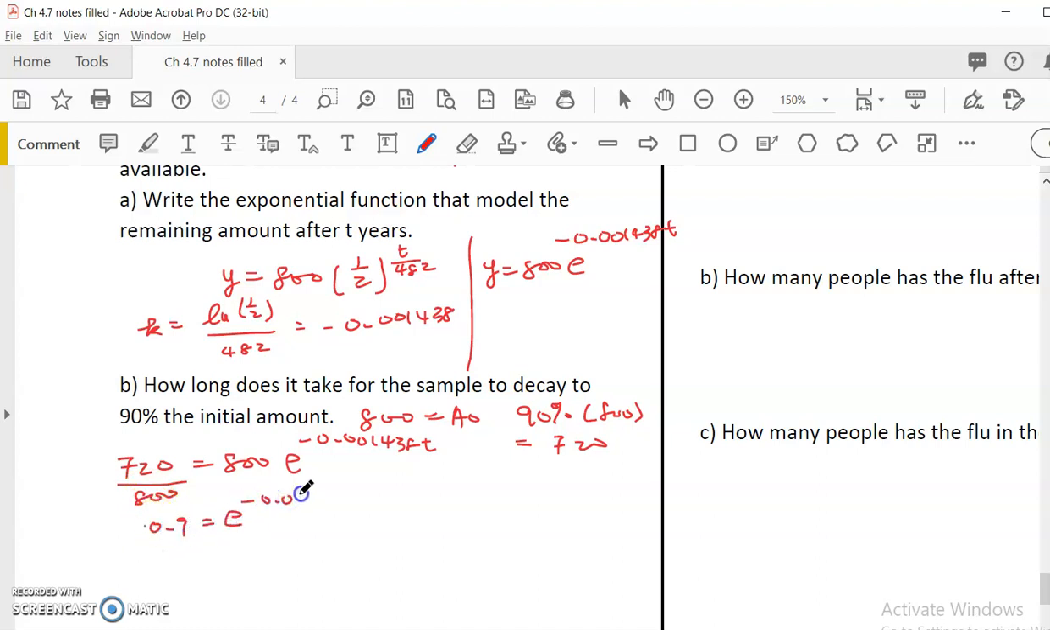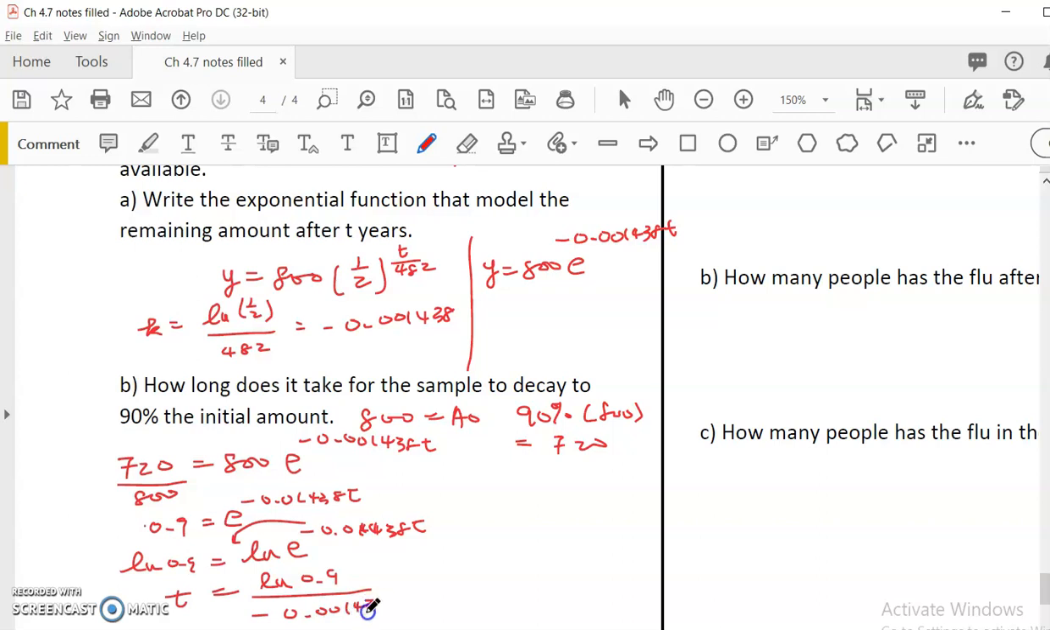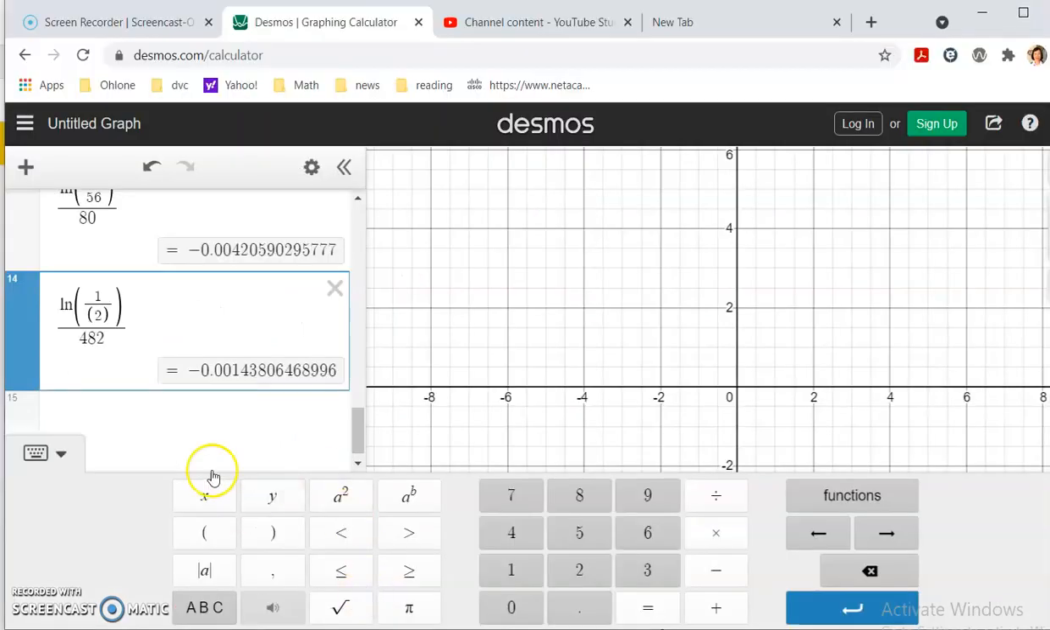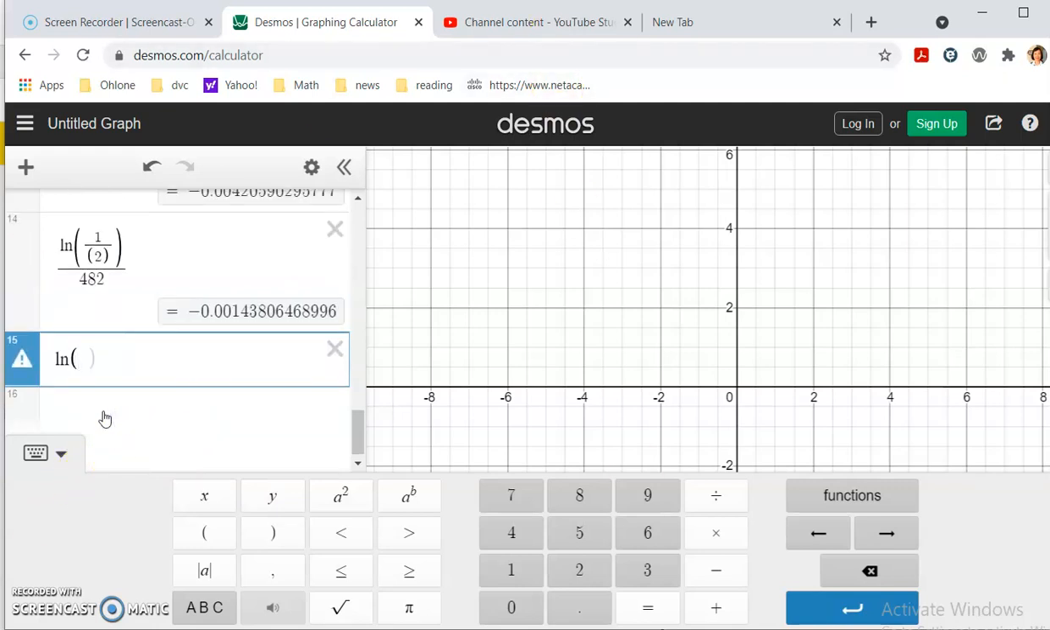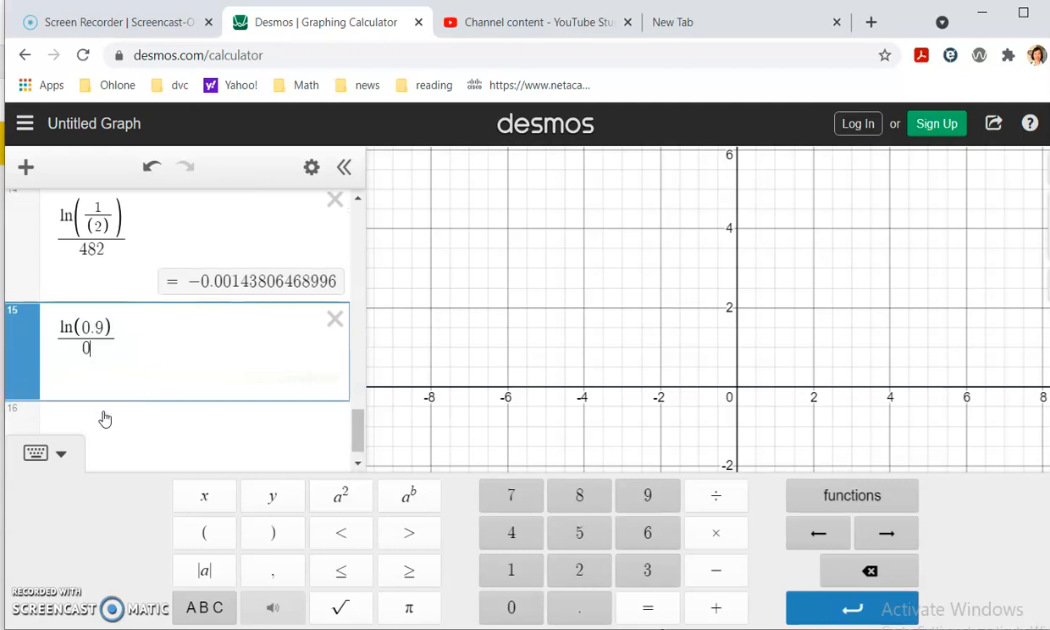So 0.9 equal to e to the negative 0.001438 t, so ln 0.9 equal to ln e to the negative 0.001438 t. Move this up in front. t would equal ln 0.9 divided by negative 0.001438. Put it in the calculator. So can I finish it in time? ln 0.9 divided by that by 0.00